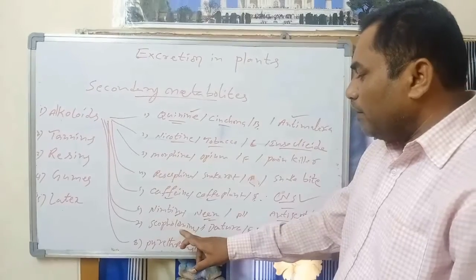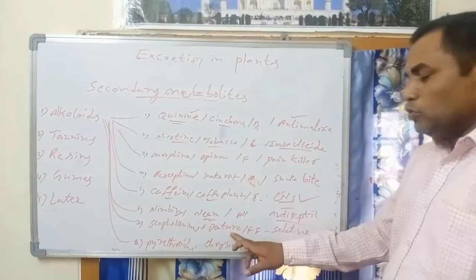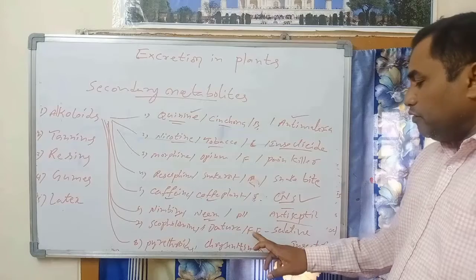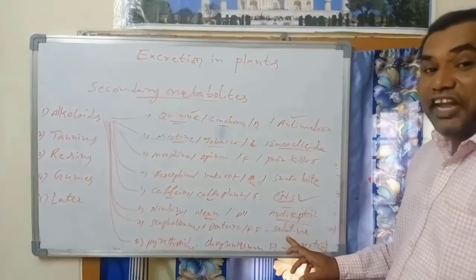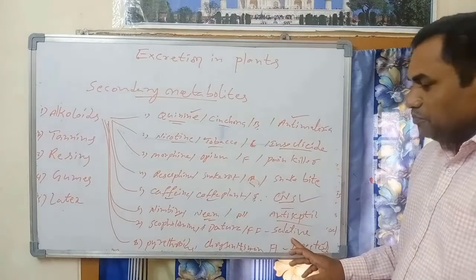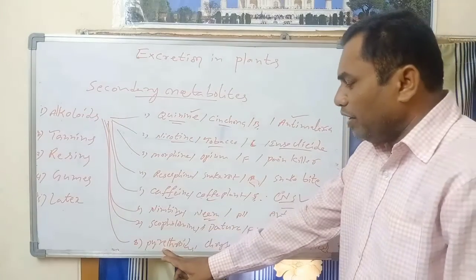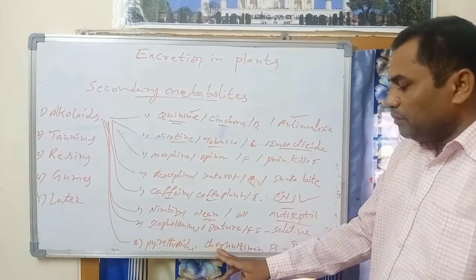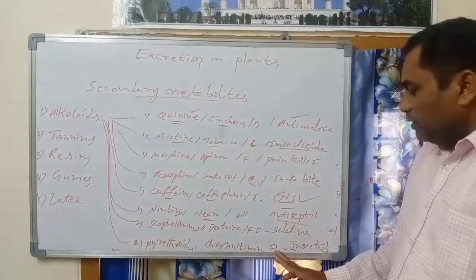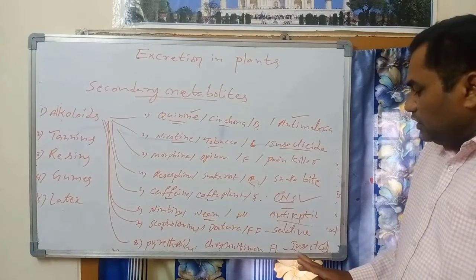Next go to the scopolamine. Scopolamine is obtained from the datura plant, flower and fruit, which is used as a sedative. Next go to the pyrethroid alkaloid, which is obtained from the chrysanthemum plant, from the flowers, and which is used as an